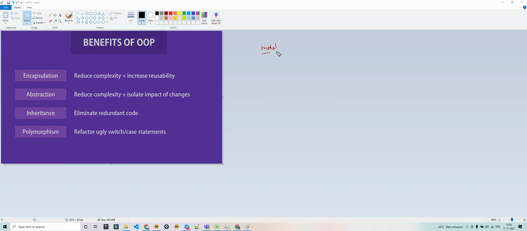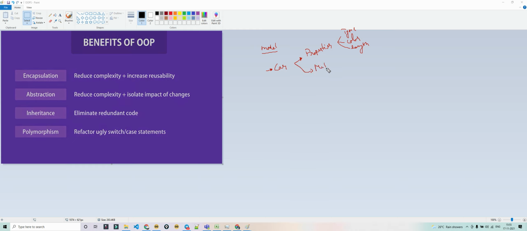Suppose you are writing software for a car. Let's take a car, and we can treat this car as an object. The car has certain properties, and for the car we have to do some functions. It has properties like tire pressure, color, length, and height. So these are all properties of the car, and there will be some functions for the car.